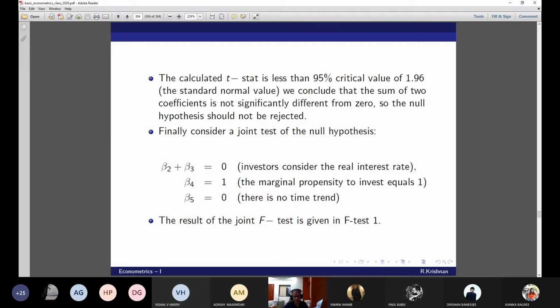Babu, what will be the T stat for this? Sir, we are testing, right, sir? Yes, tell me the T stat for beta 4 equal to 1 from the model. Okay, sir, just a minute. We are subtracting 1 from 1.93 and dividing by the